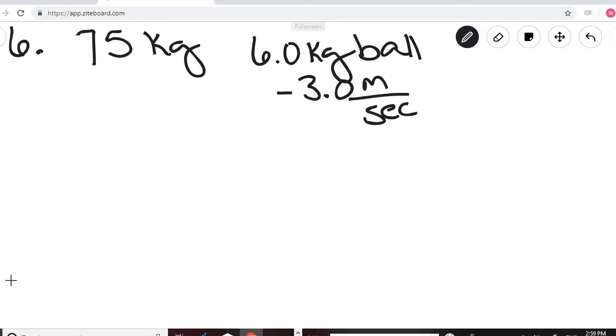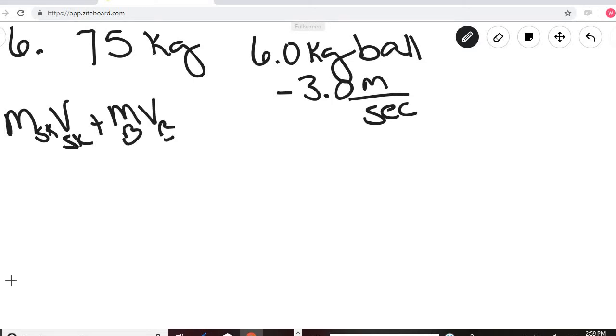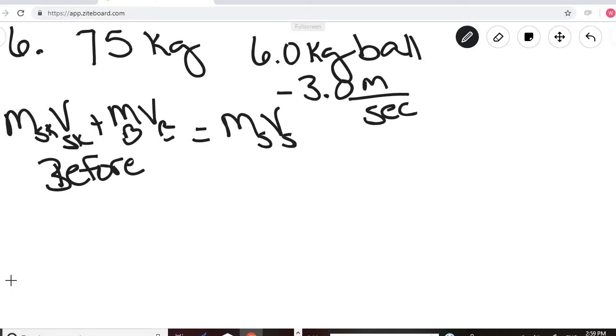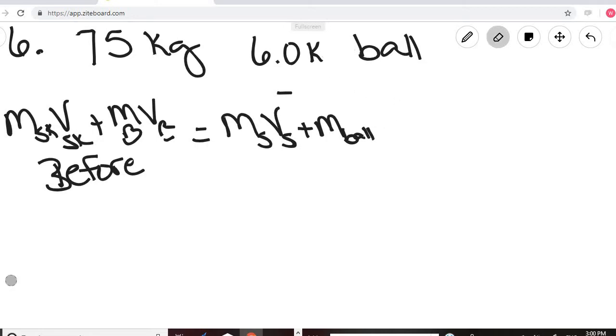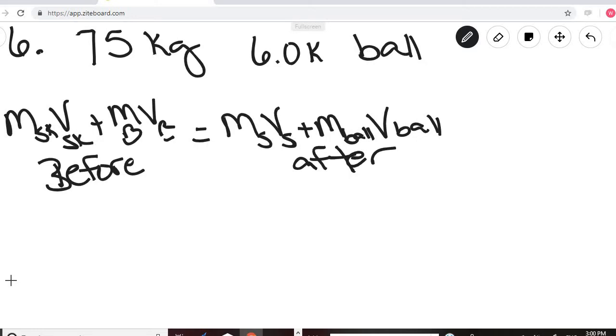Okay, so we know that the mass of the skater times the velocity of the skater plus the mass of the ball times the velocity of the ball before will equal the mass of the skater times the velocity of the skater plus the mass of the ball and velocity of the ball after. Okay, so again, just like we have seen before, these are at rest, since there's no velocity, these will both be